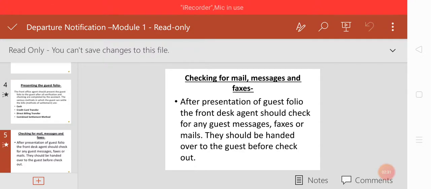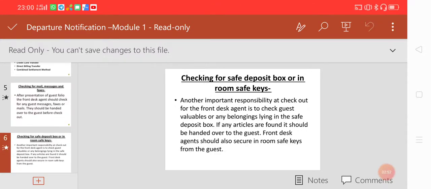Then come to the next slide, that is checking for mail, message and fax of the guest. After presenting the guest folio, the front office agent should check for any guest message, fax or mail. They should be handed over to the guest before checking out. Then the checking for safe deposit box or in-room